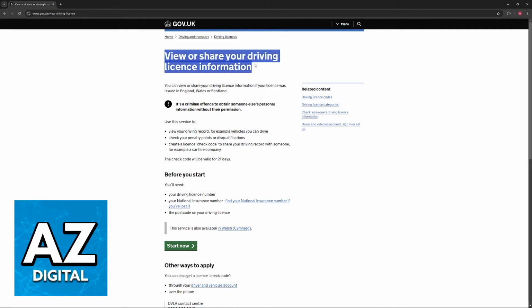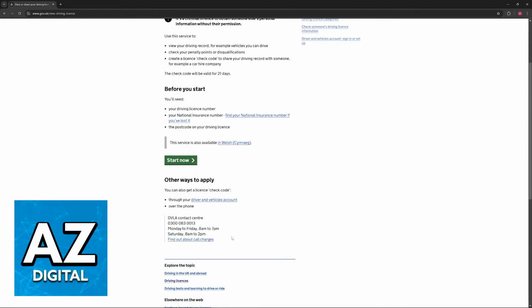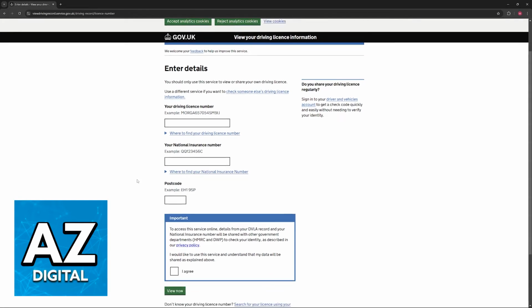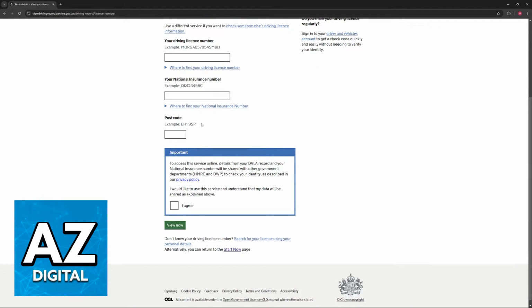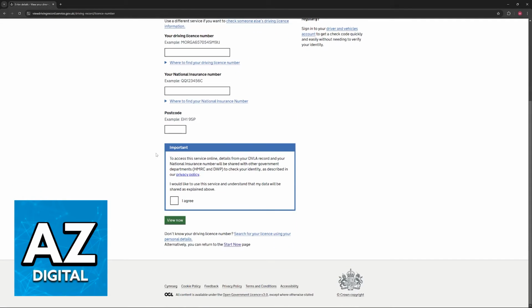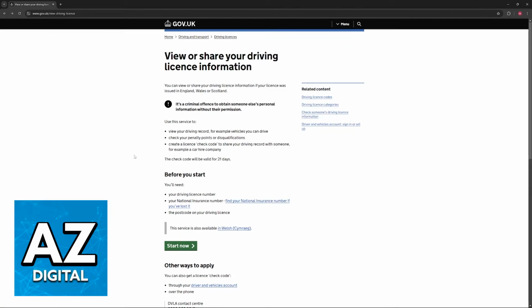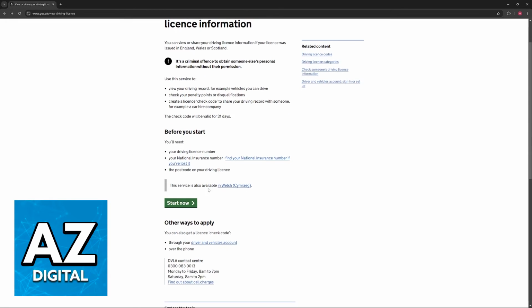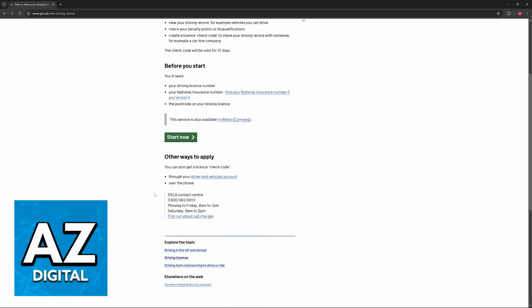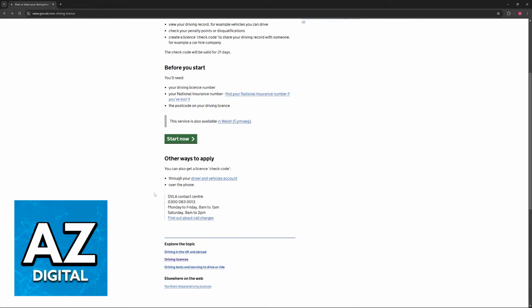So you will be able to use this specific service. Now, all that you have to do is select Start Now. Once you choose Start Now, you will be redirected to this page, and then you can set up your information. If you already have an account, just make sure that you sign into it. And once you go over to this service here, you will be able to see all of the penalty points attached. Sadly, this isn't something that I'll be able to show you on screen because it contains sensitive information.